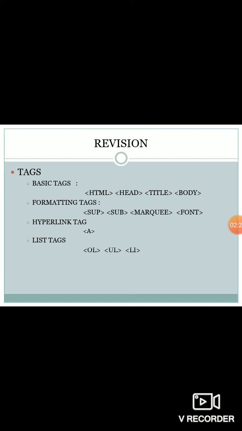Then we have some list tag. There we can put our data with the particular sequence. For that purpose we can use OL, UL and the li tag. OL is nothing but the order list where I can put my data with the sequence given as capital A to Z, small a to Z. We can put the numbers 1 to 9 or Roman capital 1 to 9 and Roman small 1 to 9.